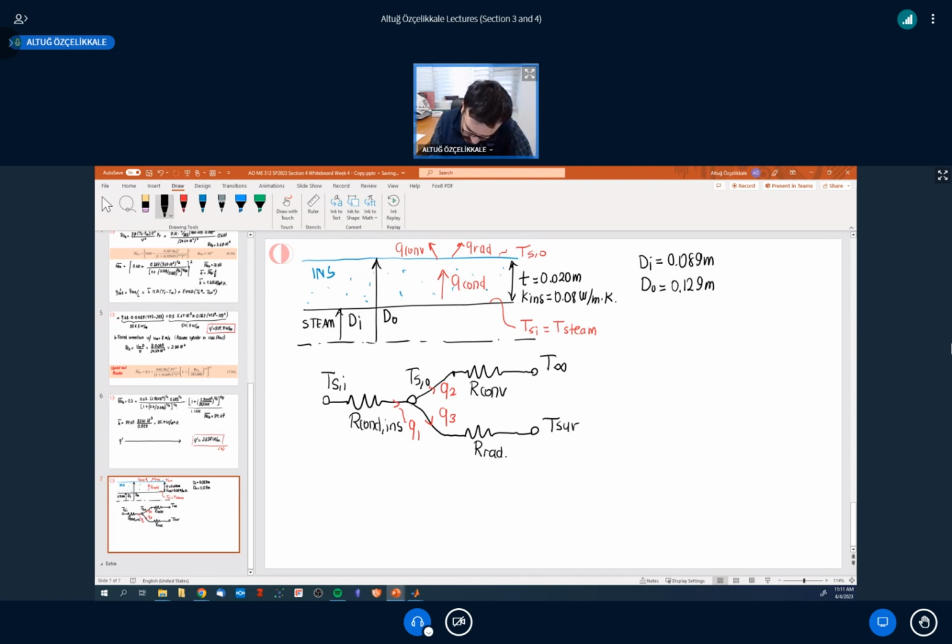And if you balance them out, Q1 is equal to Q2 plus Q3. And if you were to write this equality as a ratio of temperatures and thermal resistances,